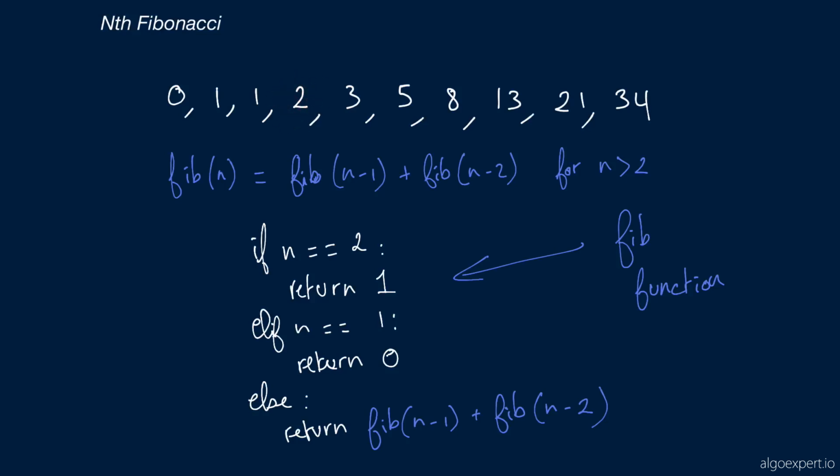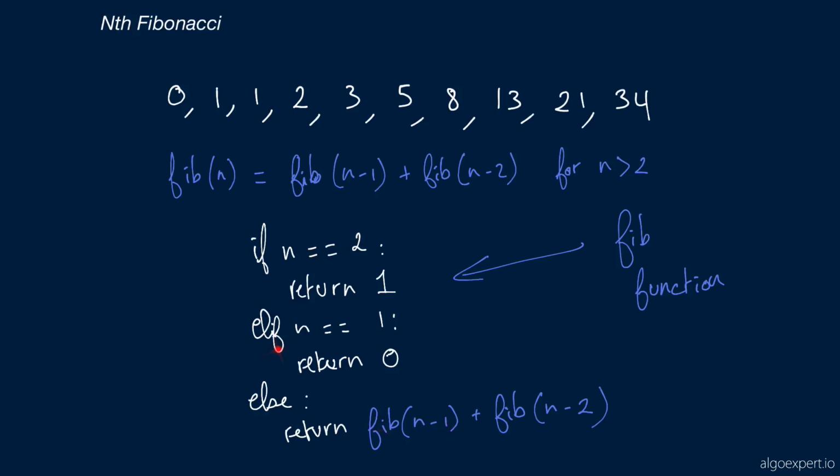We would call fib of 4. 4 is not equal to 2 and it's not equal to 1, so we wouldn't hit either of the base cases. So we would call return fib of n minus 1, which would be 3, plus fib of n minus 2, which would be 2. For both of them, for fib of 2 here, we would hit the base case, which would be 1. And for fib of 3, we'd have to